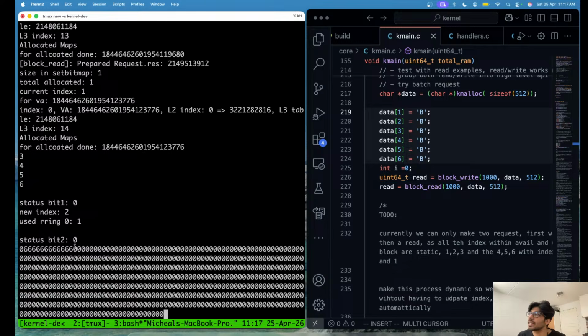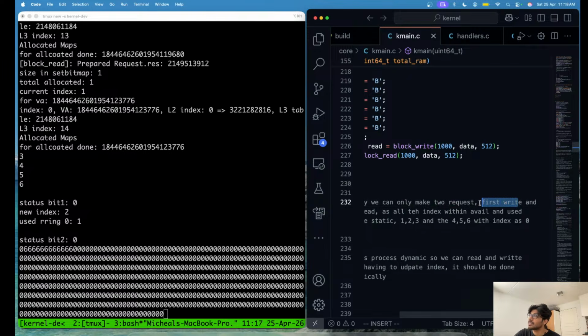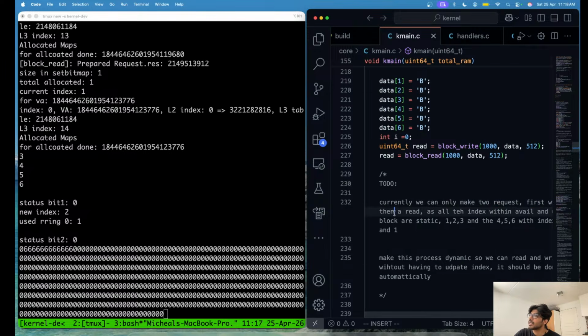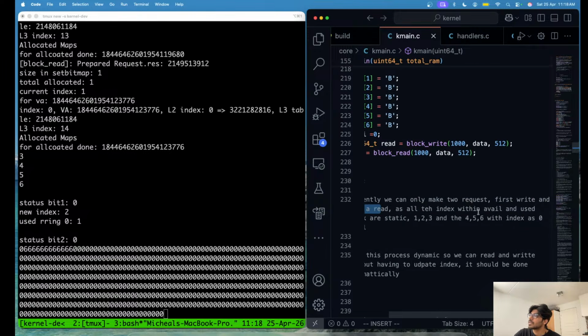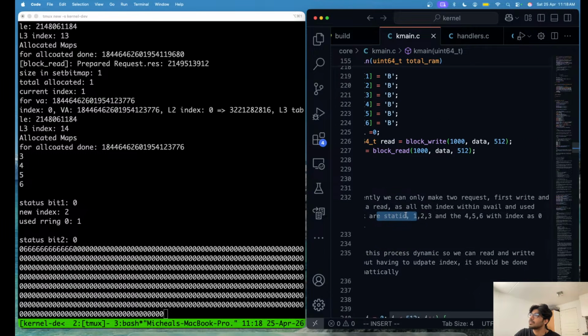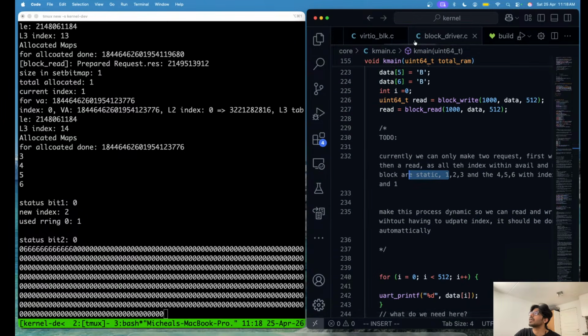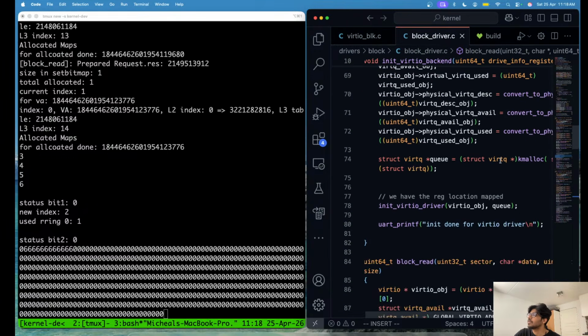It is able to write everything properly, but one of the limitations is that currently we can only make two requests. The first needs to be a write and the second needs to be a read, and all those indices within the eval and the block are static, and we need to make this process dynamic. Yeah, I guess that's what I was trying to say. If we go to our driver.c,